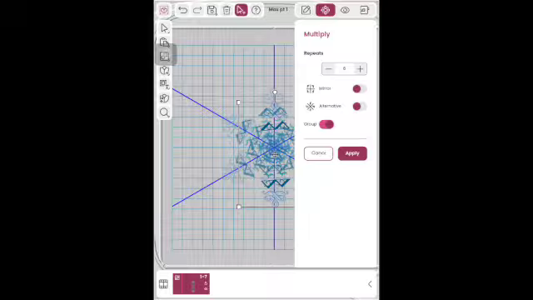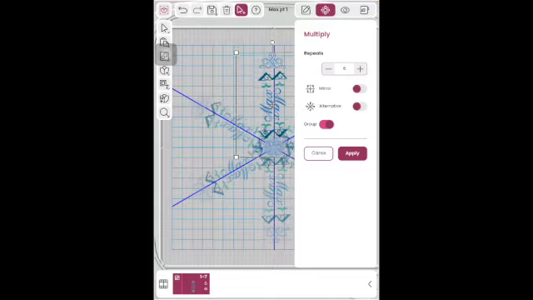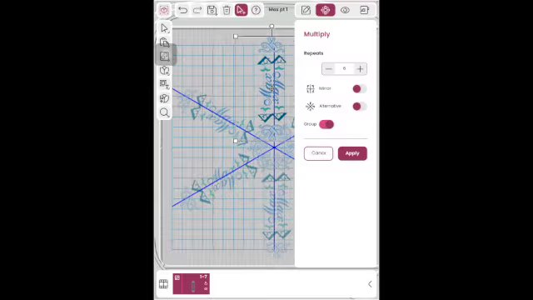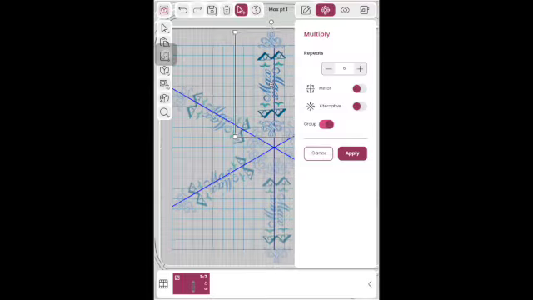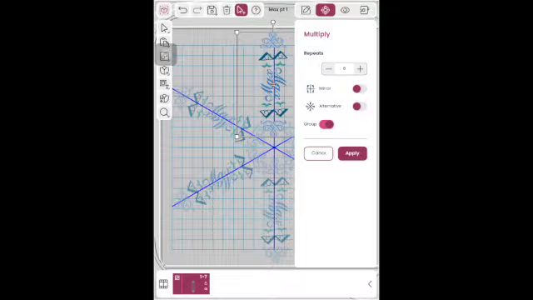And you'll see it looks kind of a mess. They're all on top of each other here because they're all in the middle of the hoop. So I just put my finger on the original one and I can move it. And it is going to go out of the hoop. I know this is too big, but I want to show you what happens when you've got something that's too big for your hoop. So there you go. And you'll notice that the hoop changed to have a red grid, and your design also has a red box around it. Now I can click apply,